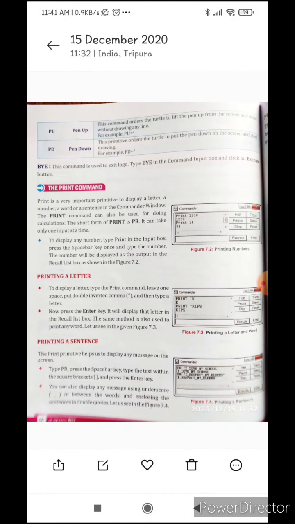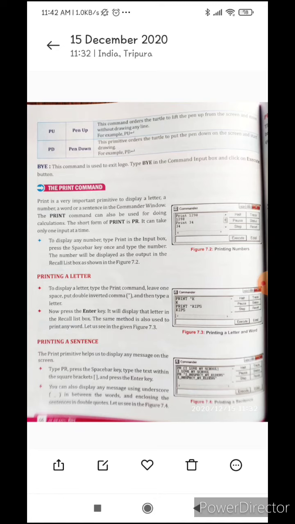Before that, two primitives are left, one is PU and the second one is PD. P for pen and U for up, P for pen and D for down. So pen up and pen down. Whenever we use forward or FD 40, FD 30, it will move forward, or if we press the backward primitive, it will move backward, or left, right, in all sides the turtle can be moved.